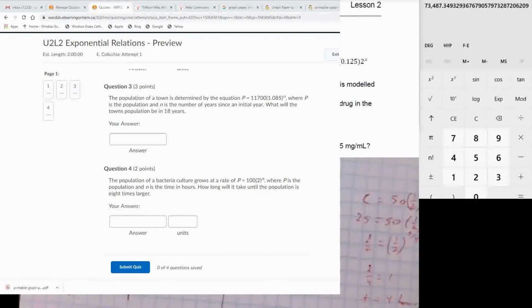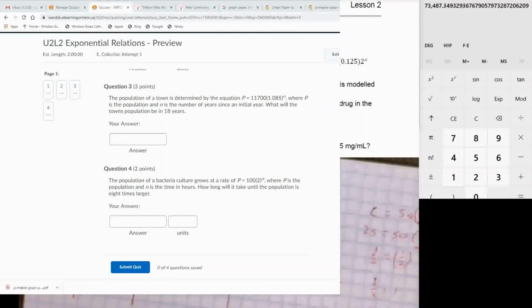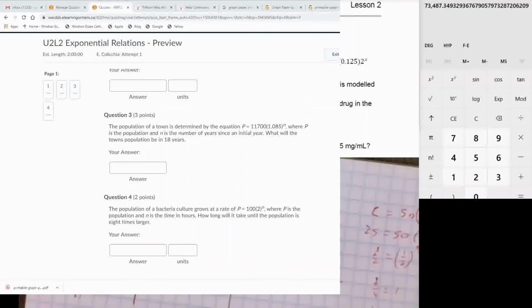It says the population of a bacterial culture grows at a rate of P equals 100 times 2 to the power of n, where P is the population and n is the time in hours. How long will it take until the population is 8 times larger? So in this case here, I won't give you the full answer to this one, but what you'll need to do for this question is